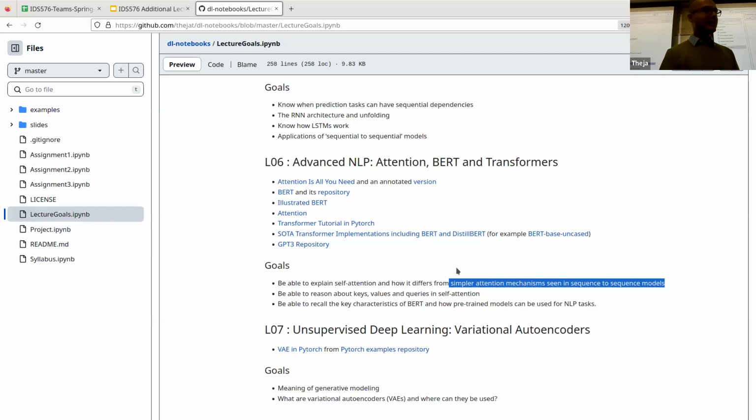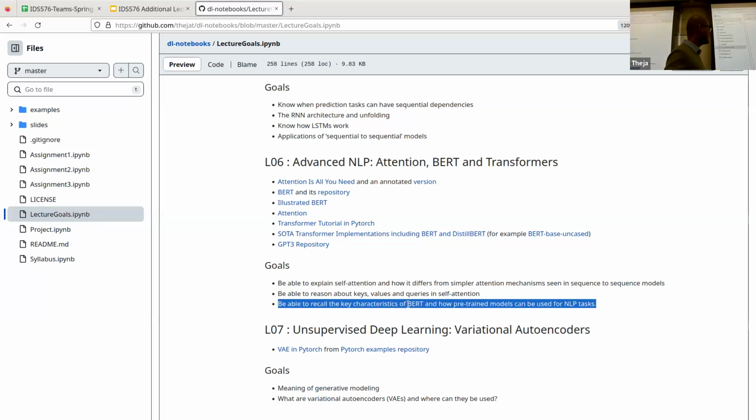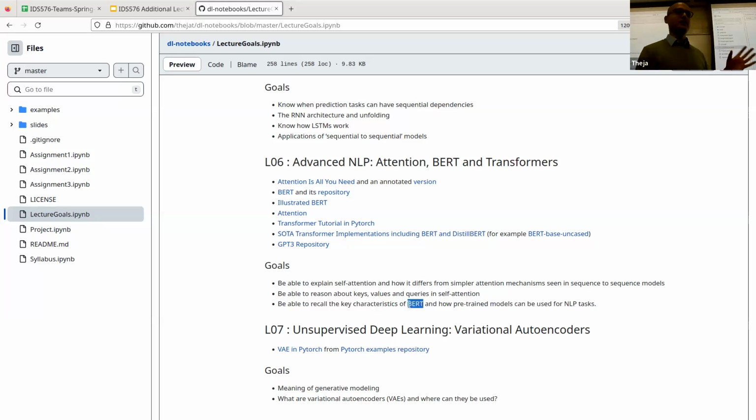Okay, and then in the transformer architecture, there's going to be some new vocabulary introduced, which is the notion of keys, values, and queries. It's just terminology for some vectors, and matrices. So we'll look at what these vectors and matrices are and why they're called that way. And if time permits, we're going to look at one popular model, it used to be popular and it's still popular, called BERT, which is a canonical example of doing contextual embedding.